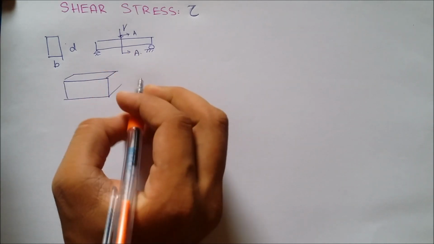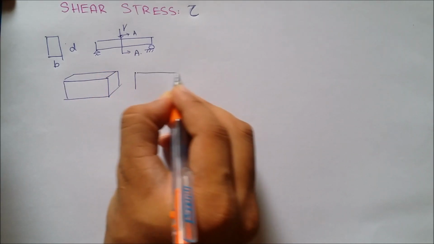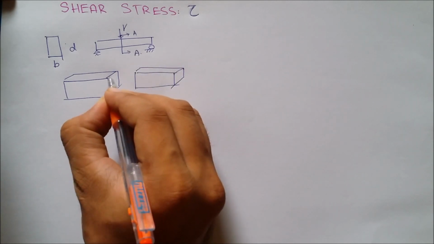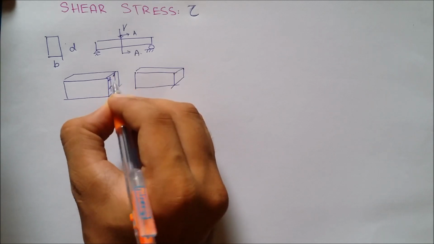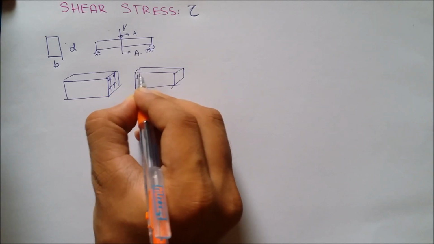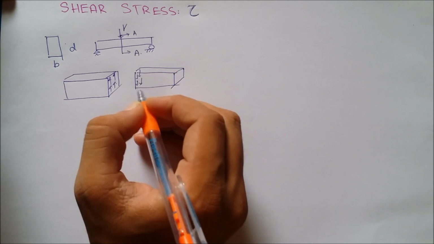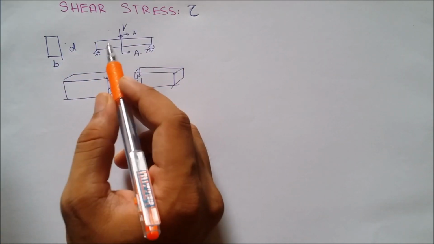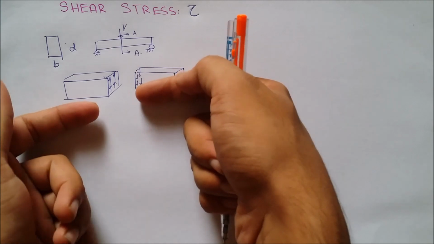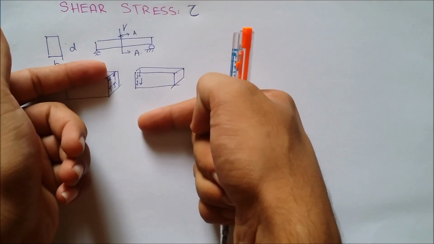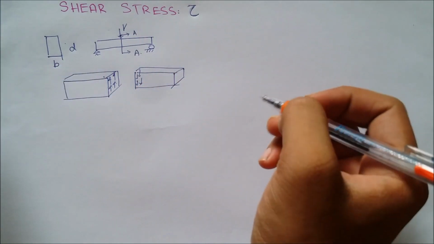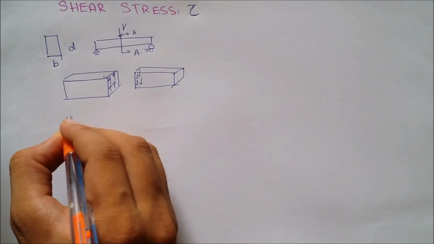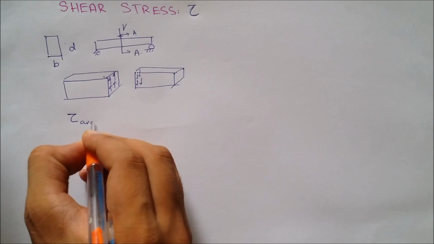Let's assume we cut the section at AA and split the beam into two parts. Just for explanation, the shear stresses will be acting this way, and on this face it would be in the opposite direction. Means these two planes are trying to slide past each other, or shear off past each other. The average shear stress will be found out by